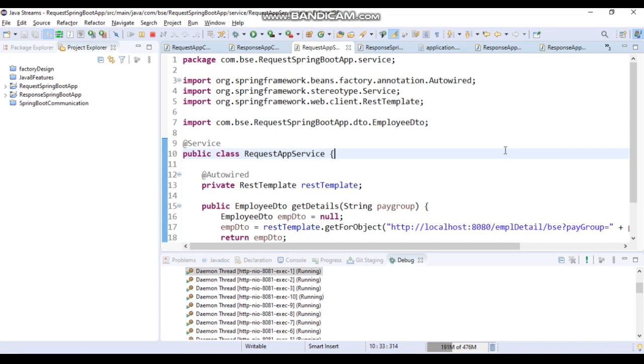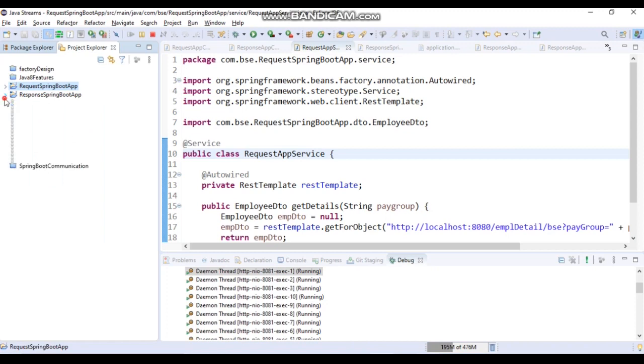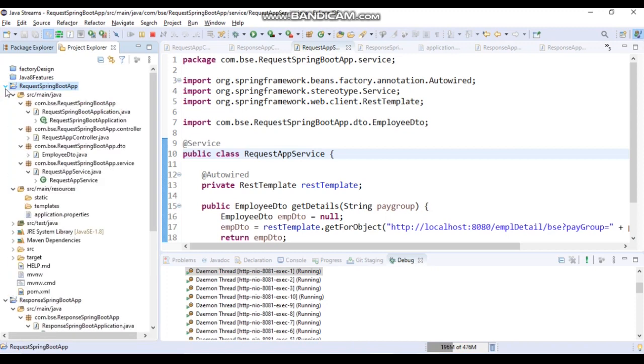I was explaining in the first part how microservices talk, meaning Spring Boot applications talk to each other. Microservice is the combination of small Spring Boot applications. So I have created two Spring Boot applications like I have explained in the previous video. If you have not watched that video, please watch it by clicking on the I button at the right top corner of this video. In this video we will learn how to implement the same logic using REST template.exchange.